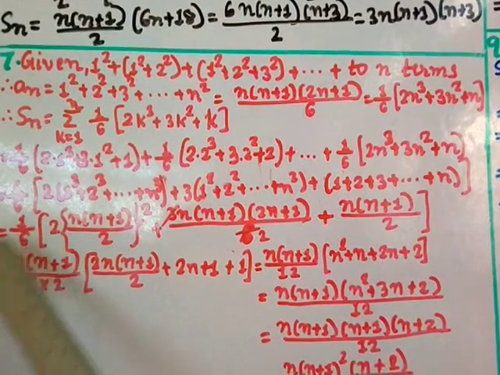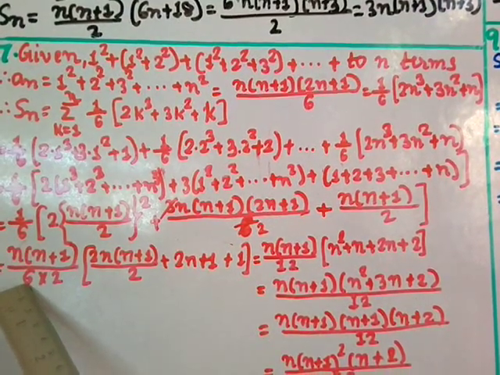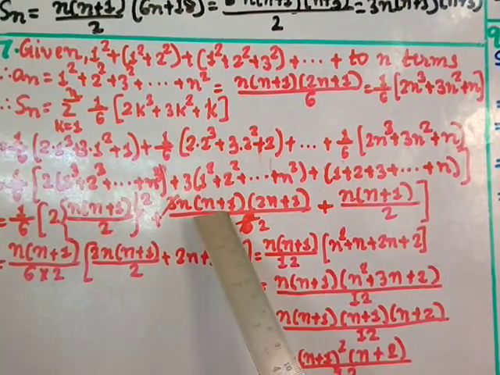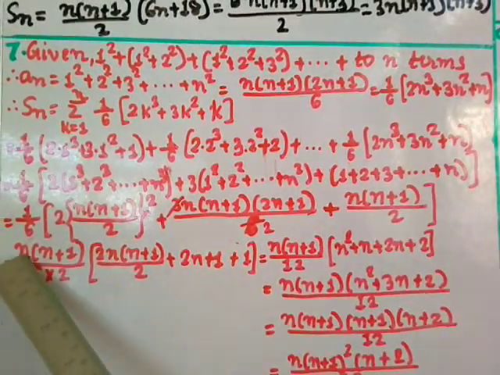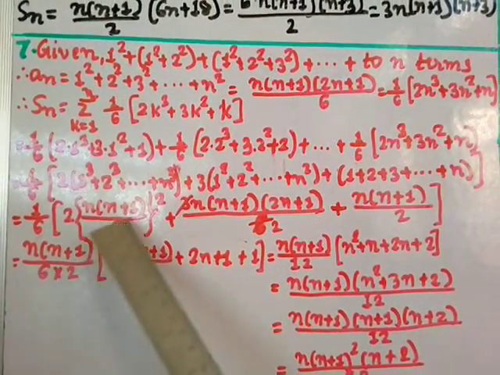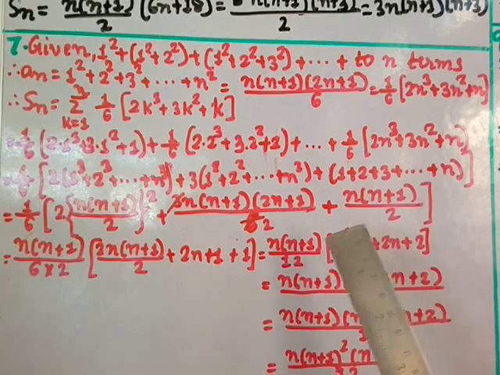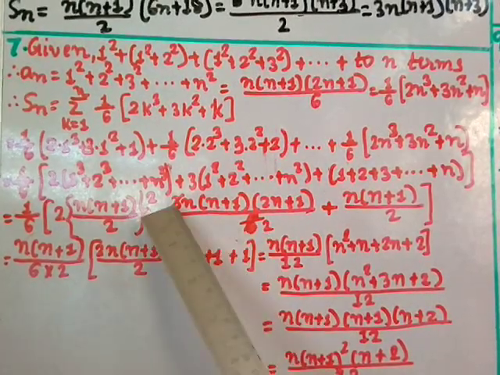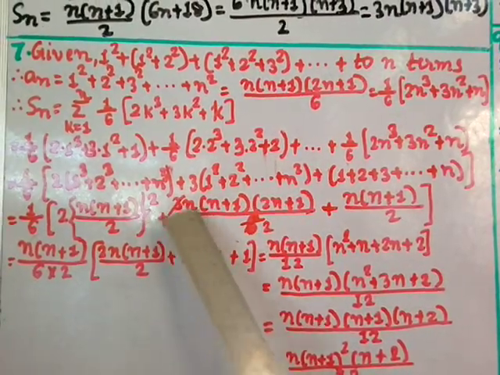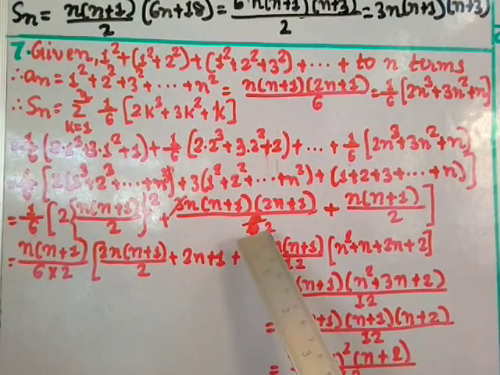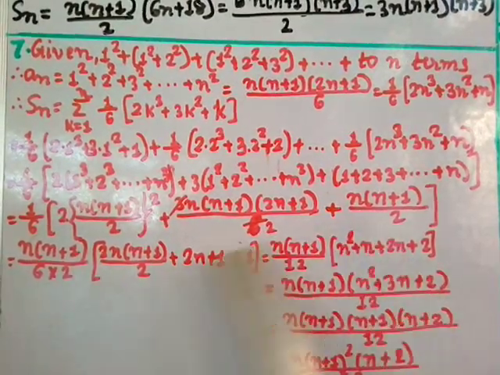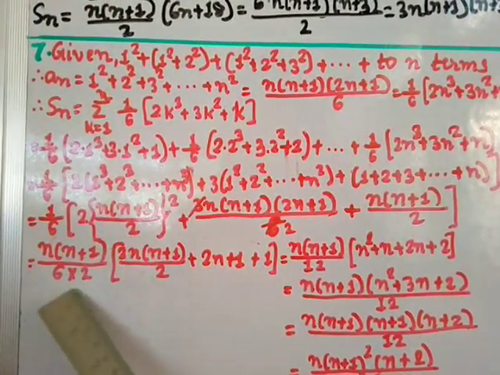Here 1 by 6 is 6 as it is, all have got n plus 1, so I can take n plus 1 common. Okay, and also all have got 2 in the denominator, so I can take 2 common. Here I have cut, okay, here 3 and here 6, so I cut this 6 by 3, so you get here 2. Okay, so this 2 is taken out, this 2 is taken out, and here 2 square is also, 1 2 is taken out.